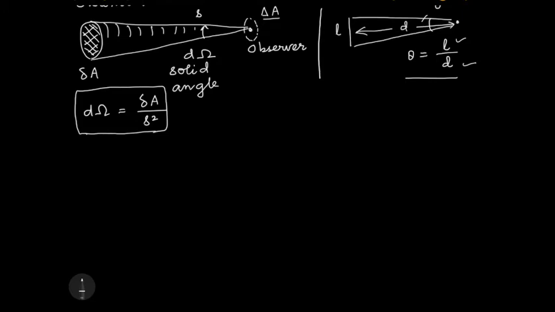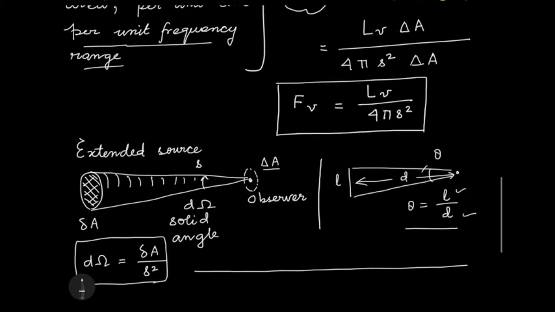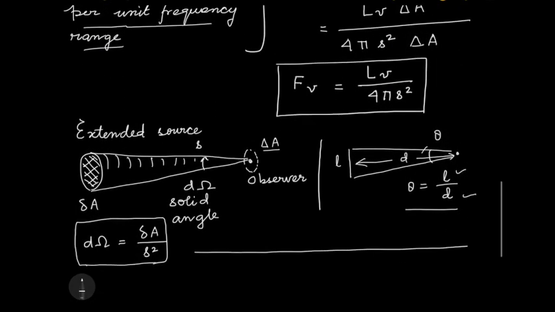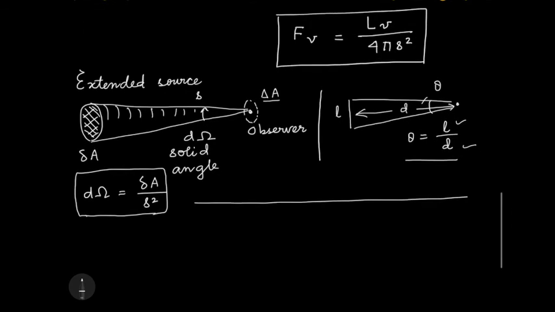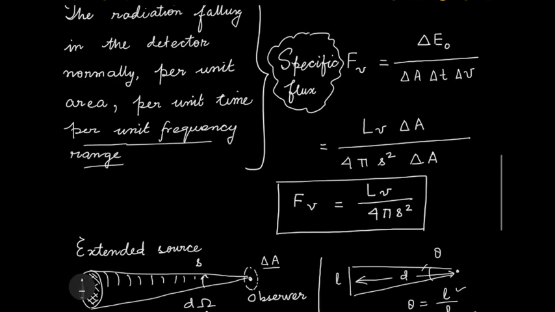Now, let us talk about the detection. And we are asking the question: flux turns out to be not a very good quantity to talk about if there is more than one source in the sky, and there are a lot of sources in the sky. So what is it that we can now talk about? The way we will be able to quantify the radiation coming from a particular source will be the following: